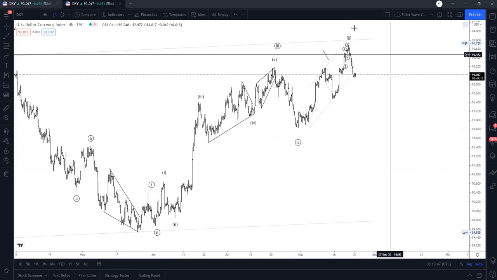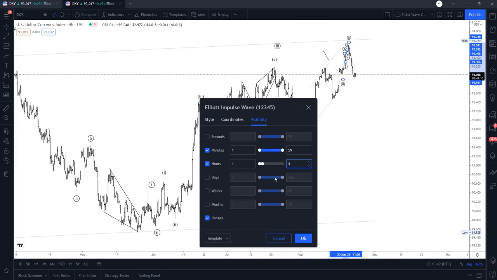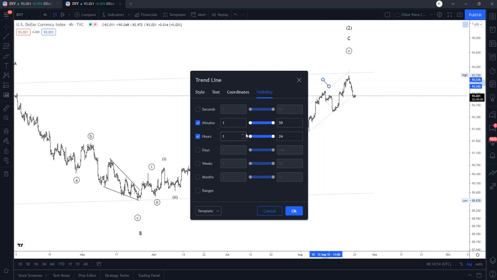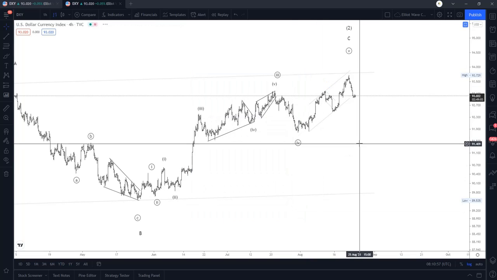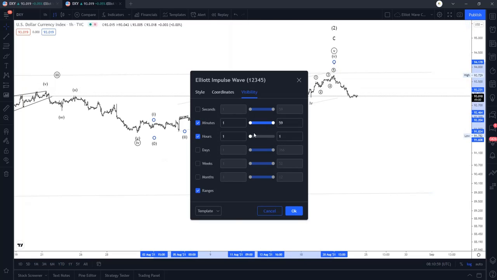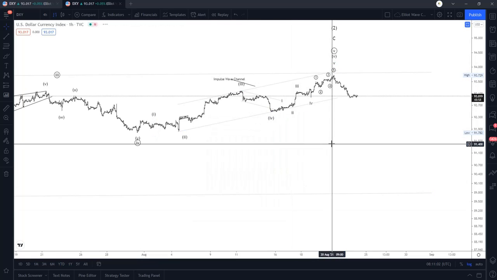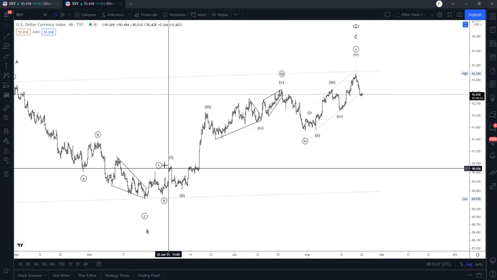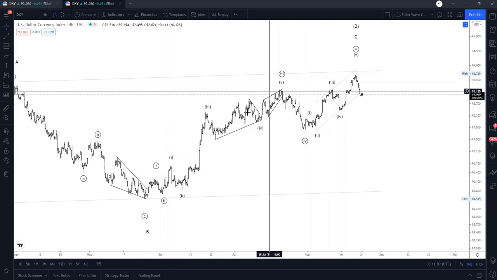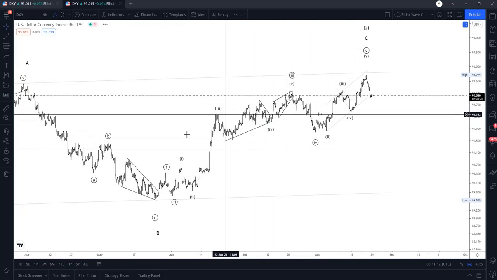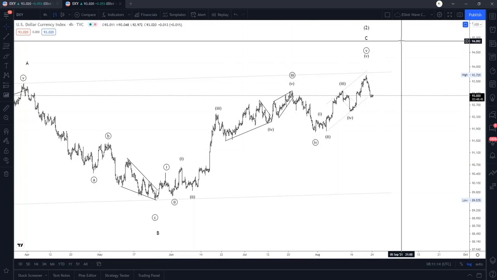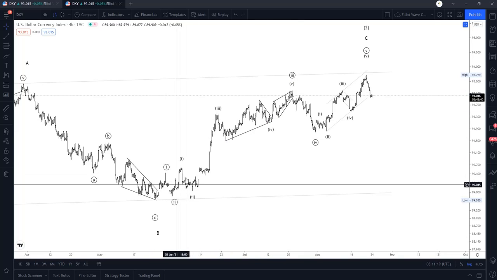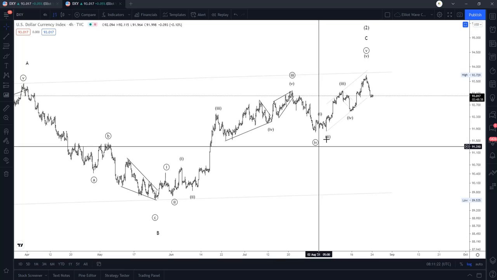Now, putting this into perspective again, putting this onto the hourly time frame, we can see how clear the market structure here has been for the dollar index during this uptrend, right? Now, if we add these variables here and we go back to the 4-hour time frame, we can see that in this alternative scenario, we've managed to dissect and understand a 5-wave structure on the dollar index with wave 1, 2, you've got wave 3, extended wave 3, which is very clear, wave 4 and wave 5.